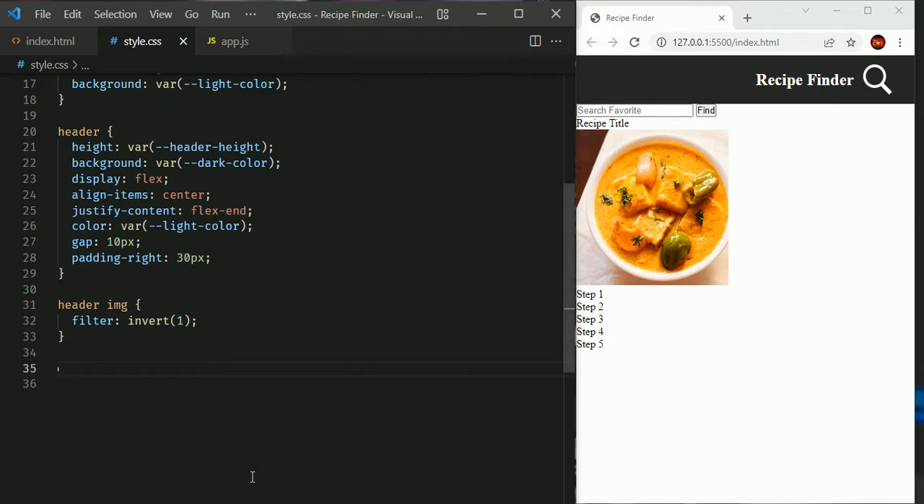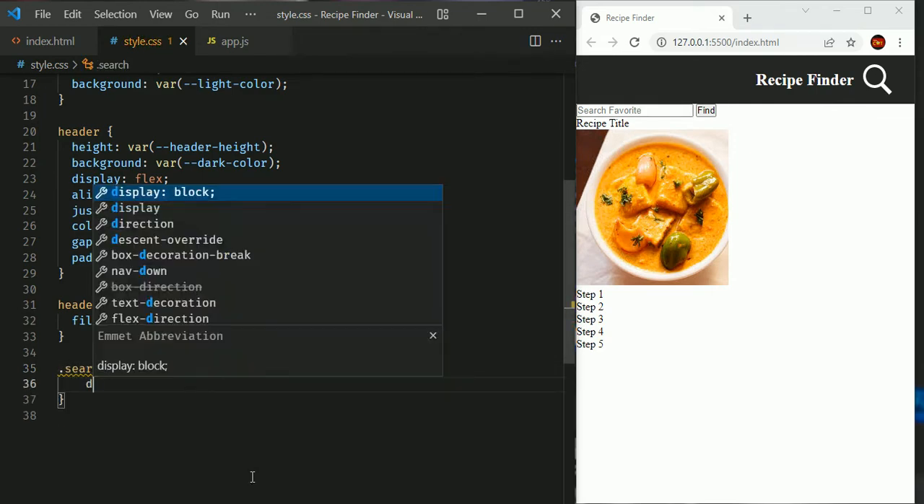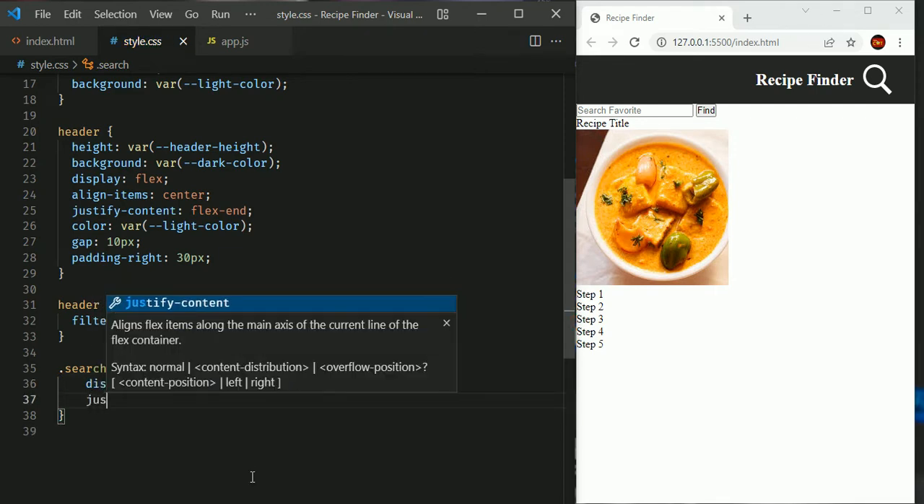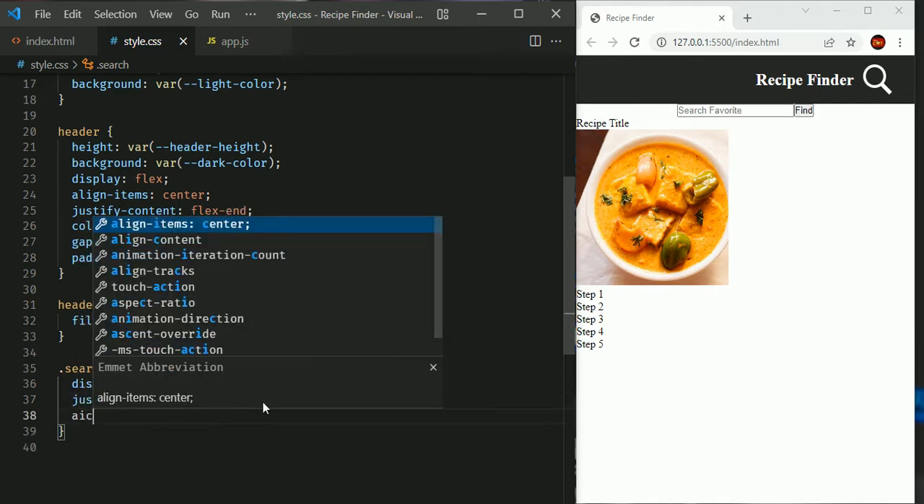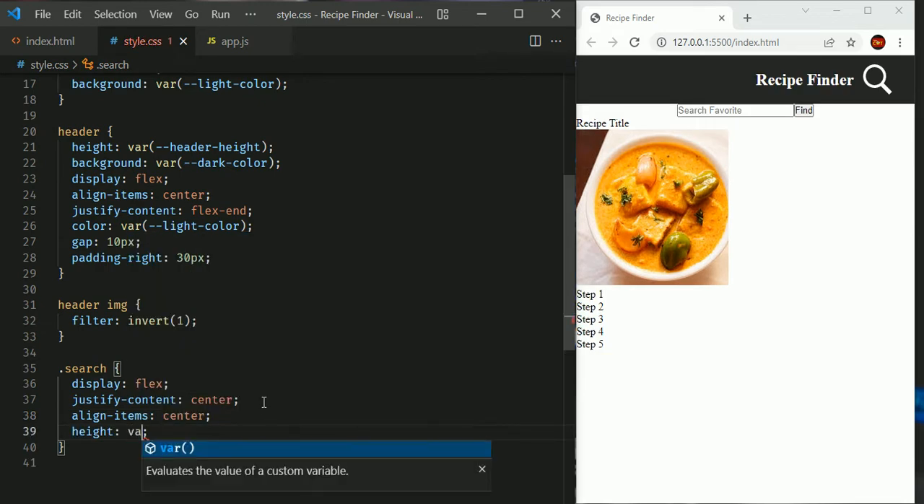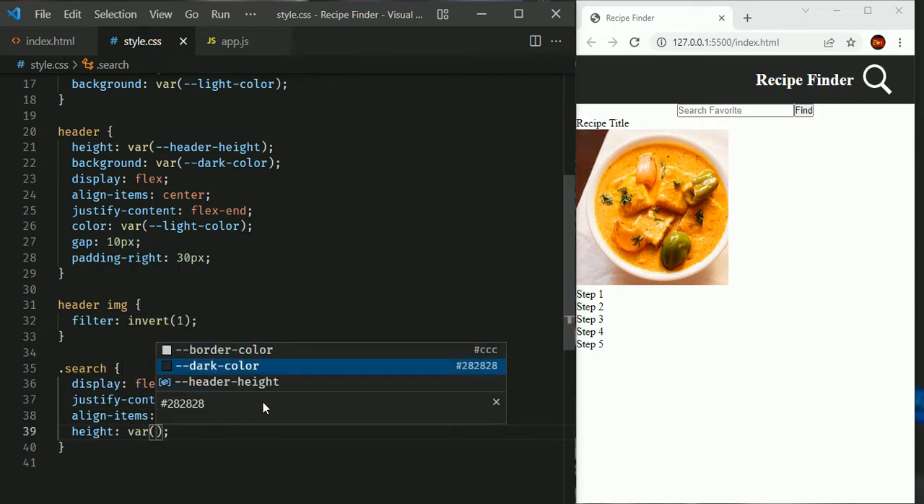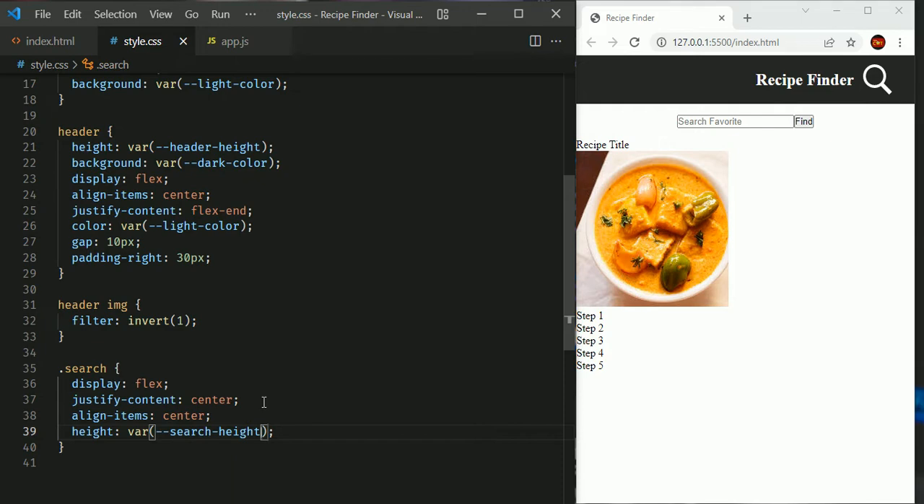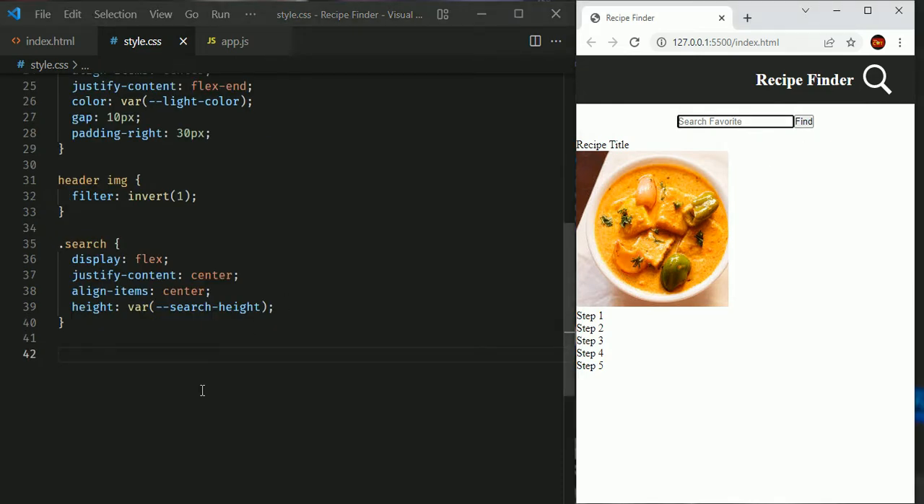Let us define our search area. So search, and once again we are going to have display flex and justify content center, align items center. Height, we have the var header, sorry, not, it should be search height. Let's define this text box and the button. So